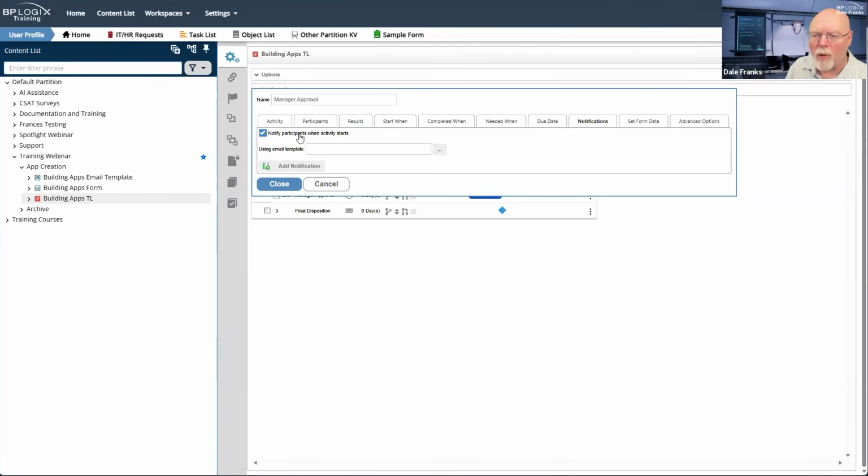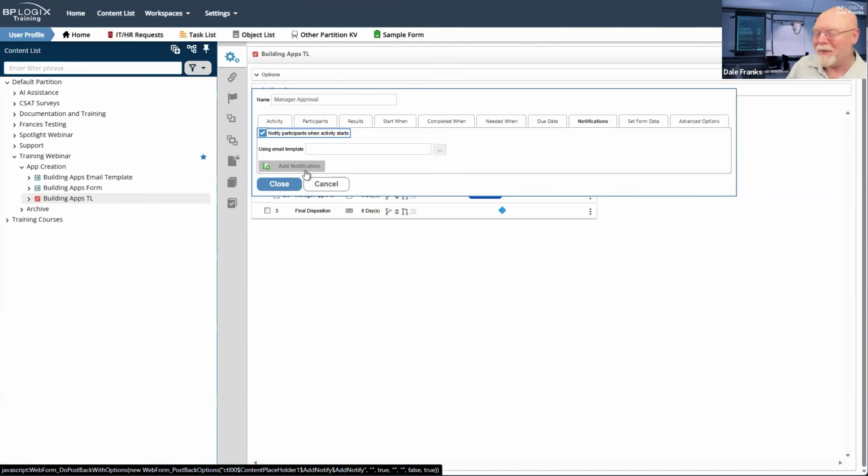Now, depending on whether I'm a participant in the task or whether I'm just some additional notificatee, person who is notified, they're both going to get a link to take a look at the form if I use the email URL system variable to construct the URL. That's the simplest way of doing it because it just lets Process Director construct the link for you, and you don't have to worry much about it. But it's going to be two different links.